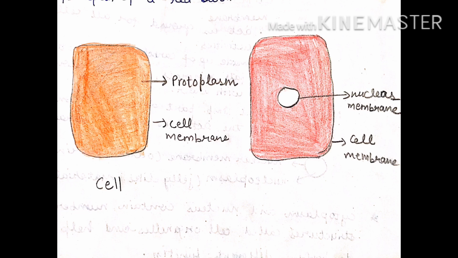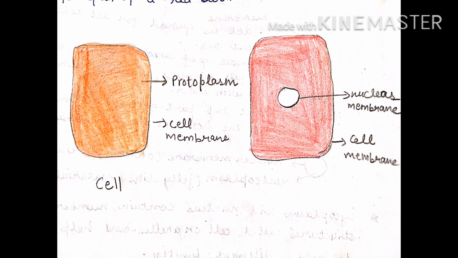And now we will talk about the cytoplasm. Cytoplasm is also a jelly like material present inside the cell membrane, but it's outside the nuclear membrane. You can see it's outside the nuclear membrane and inside the cell membrane. So don't confuse them, guys. You can see once again the difference between protoplasm and cytoplasm. Protoplasm is the whole jelly like material present inside the cell membrane, but cytoplasm is outside the nuclear membrane. So it's clear, hope you understand.